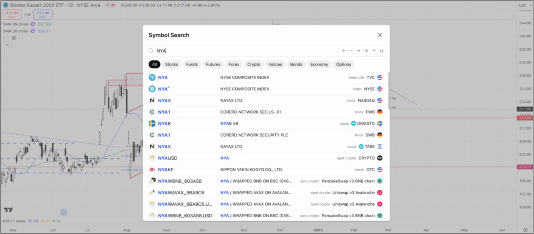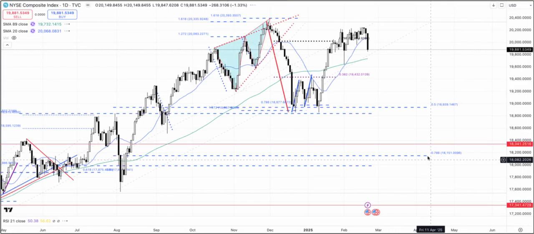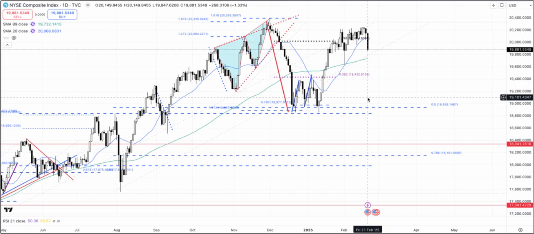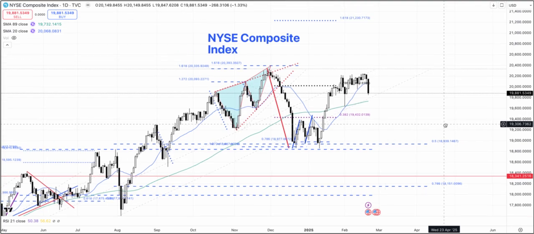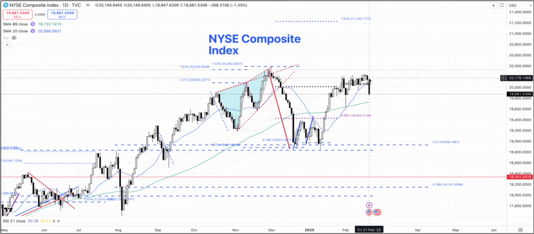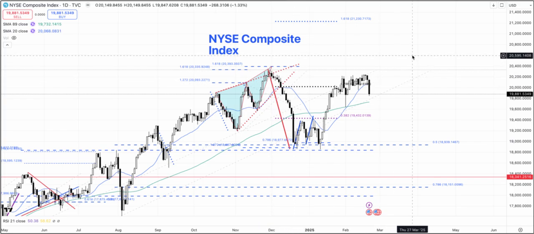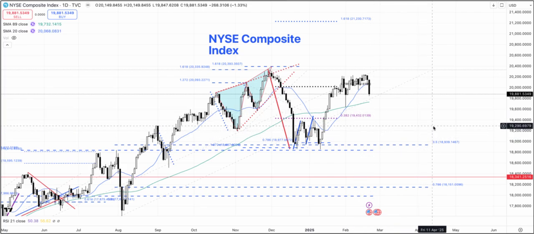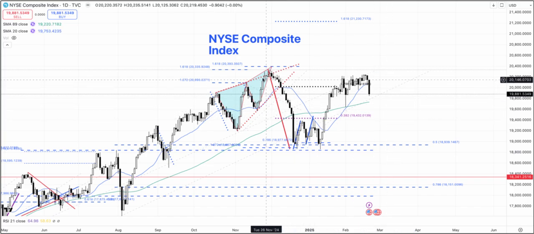New York Stock Exchange Index, NYA. It also had a day where it lost minus 1.33%. Now it also has ADRs, but look, one thing is not being able to take out the highs of the previous, when it set it up in November of last year. So that is something important to note. Dow Jones was able to do that in futures and cash. NYA is not able to.